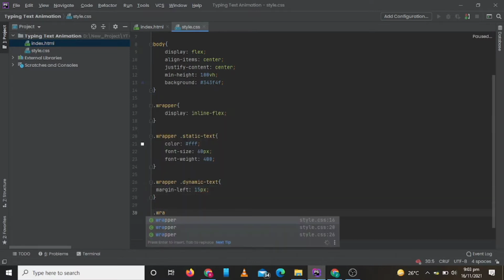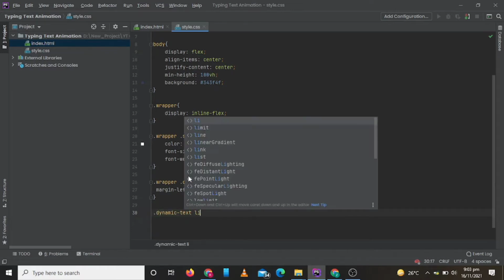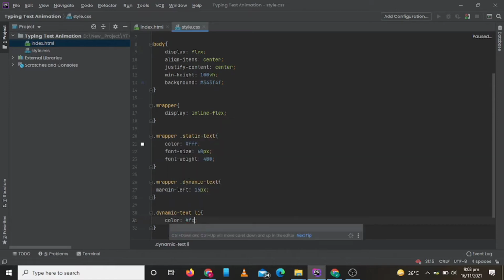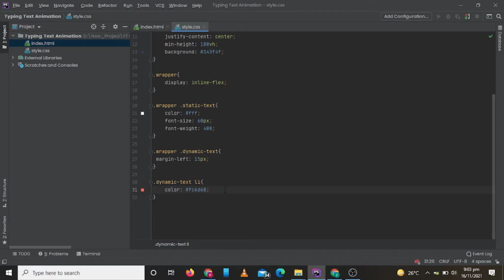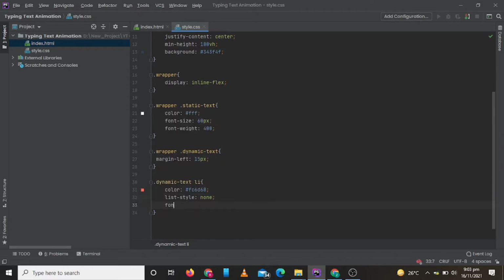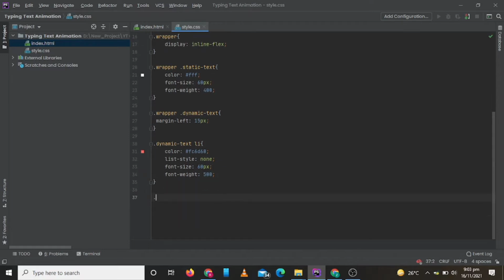Now we will write CSS for our list items. Now we will write CSS for our span pseudo class, which will be after.